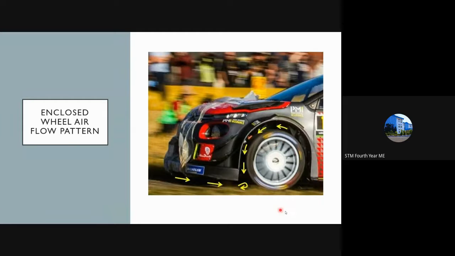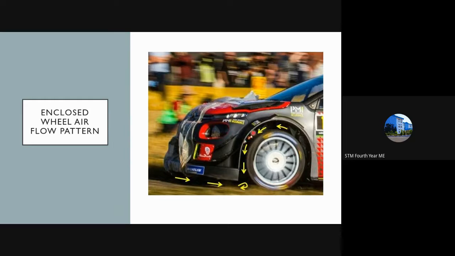So you can see the tire always rotates in this direction, right? In the forward direction. So it carries a small amount of air in this manner also, and it has to be safely ejected here. You can see, there will be a design or a pathway provided at this portion of the vehicle to safely produce a small vorticity. So you can see there's a vortex formed here, and by this vortex or this turbulent motion, the air